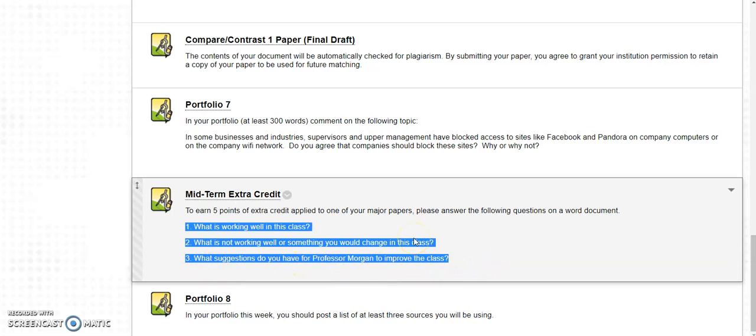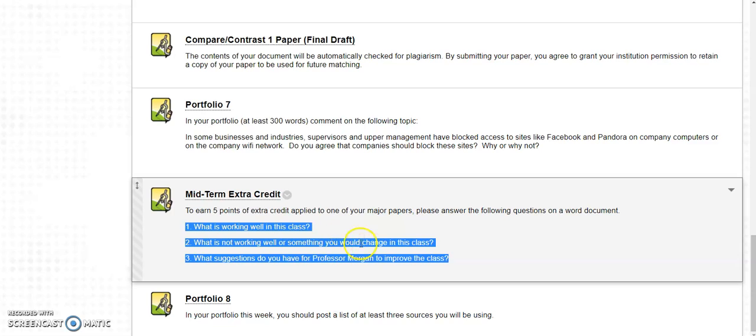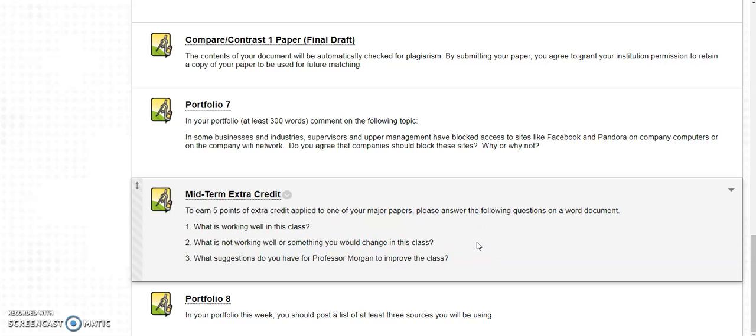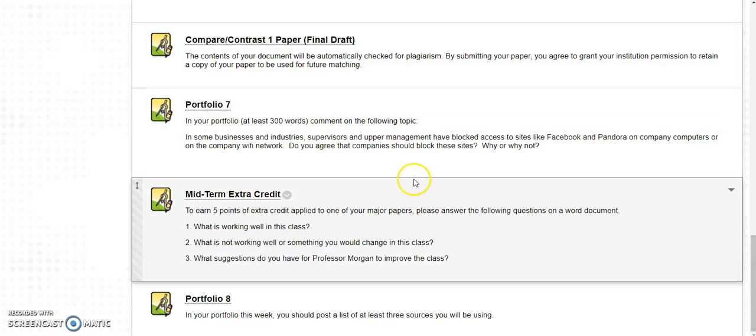I'm constantly trying to adjust this class to make it more user-friendly and add clarity and things like this. Keep in mind that I don't have the power to change things like, "Oh, you need to make this 8-week class a 10-week class." I can't change that. That's set by the school. I have to play within the rules that the school sets. It's really about the structure of how the class works.